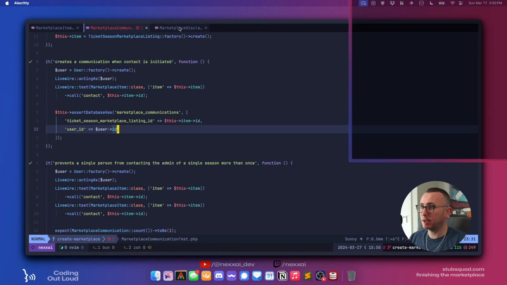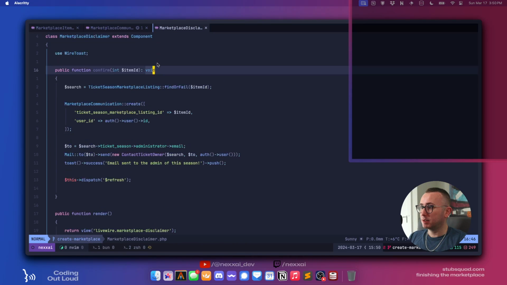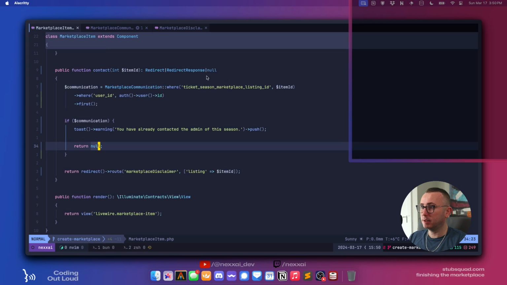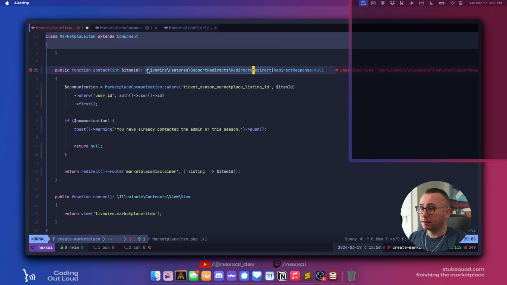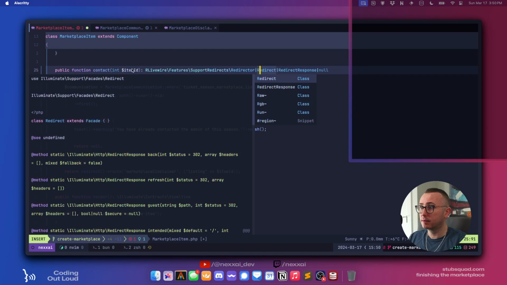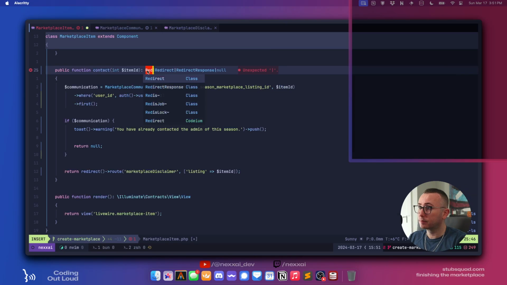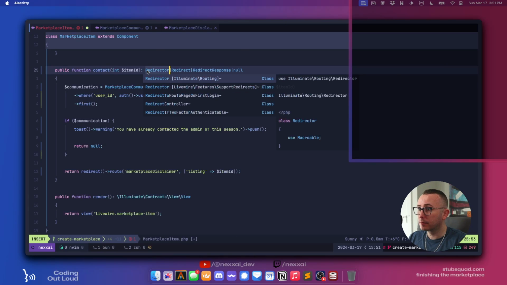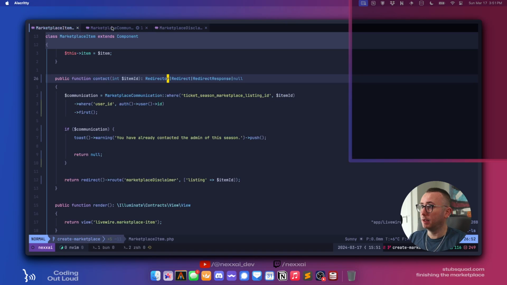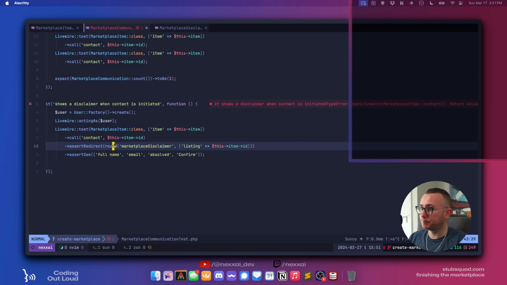And this may return a supports redirect redirector. That. Okay, if this doesn't work, I'm gonna cry.